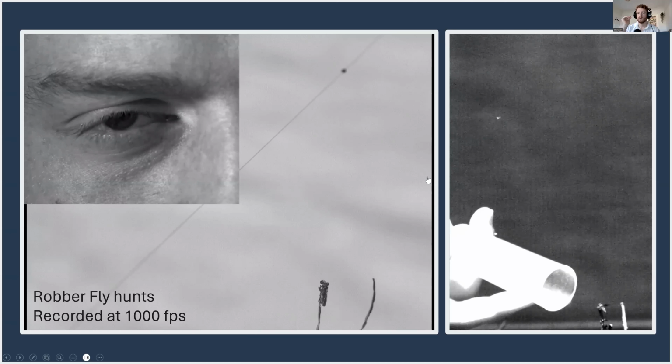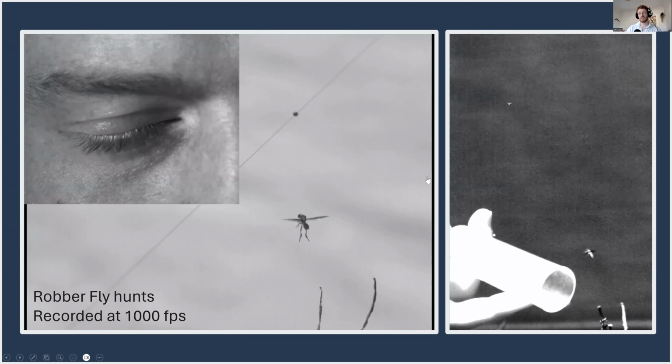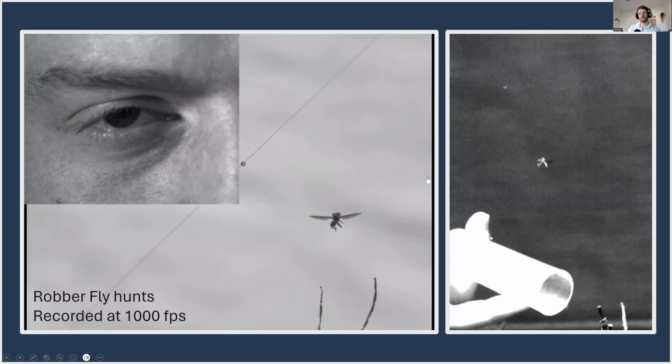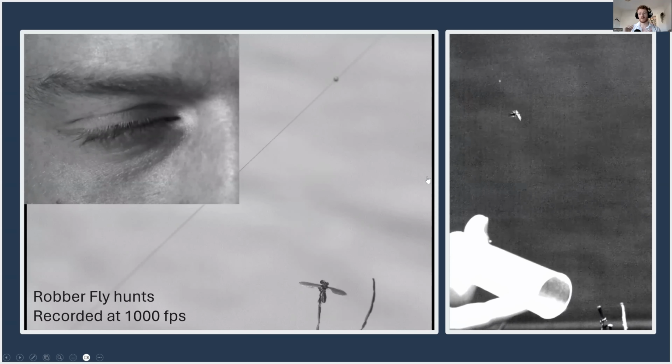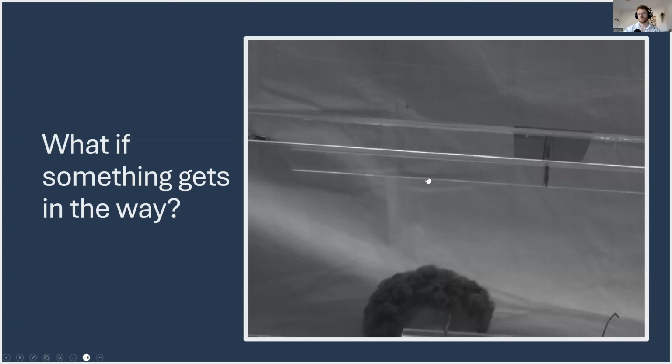So we have these interceptions, and this is what we're doing. This is what I started with my PhD, recording these in 2 fields of view. And we now know that these insects are using similar methods to surface-to-air missiles to go and hit their targets. But one of the questions we were asking is what happens if an obstacle gets in the way of that?